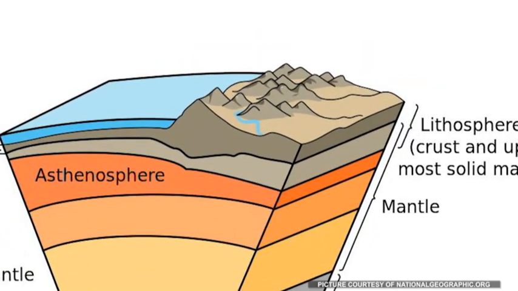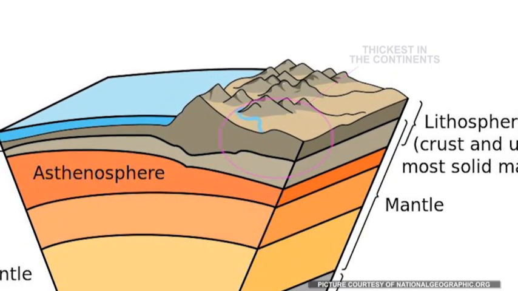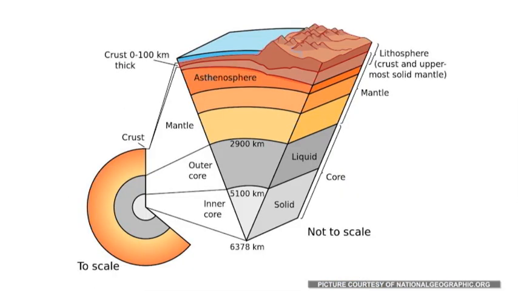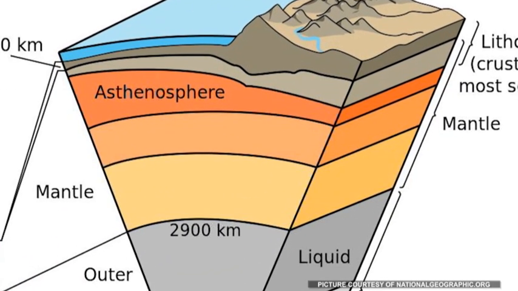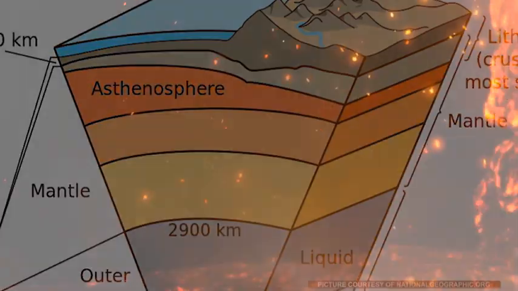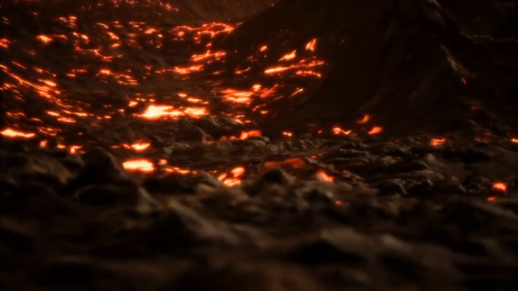The crust is at its thickest in the continents, or the land part of the Earth, and at its thinnest in the oceans. The layer underneath the crust is the mantle. It is made out of rock materials, although part of the upper portion of the mantle is a layer of semi-liquid molten rock called magma. Yes, that magma that fuels volcanic eruptions. It flows slowly underneath the crust.